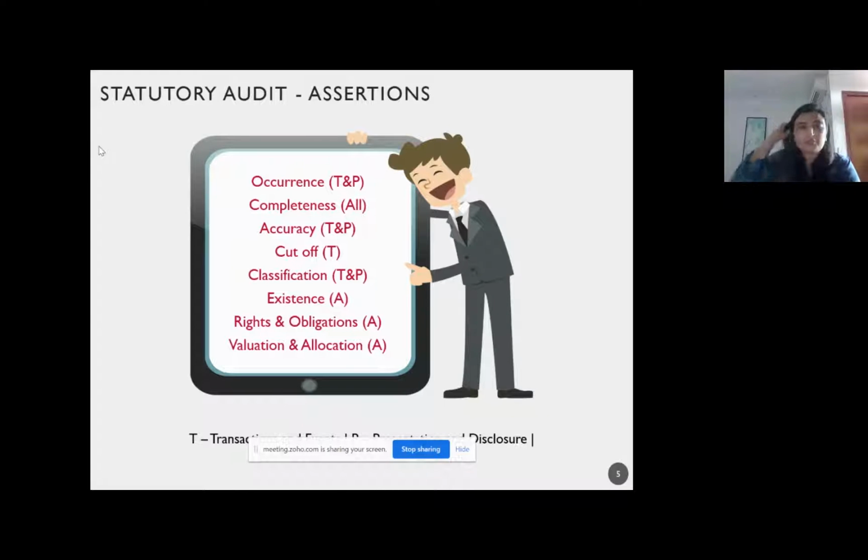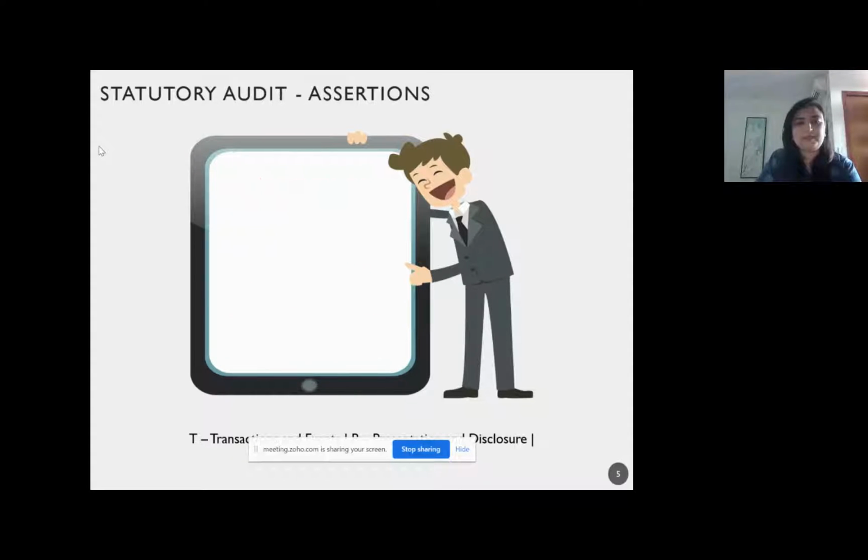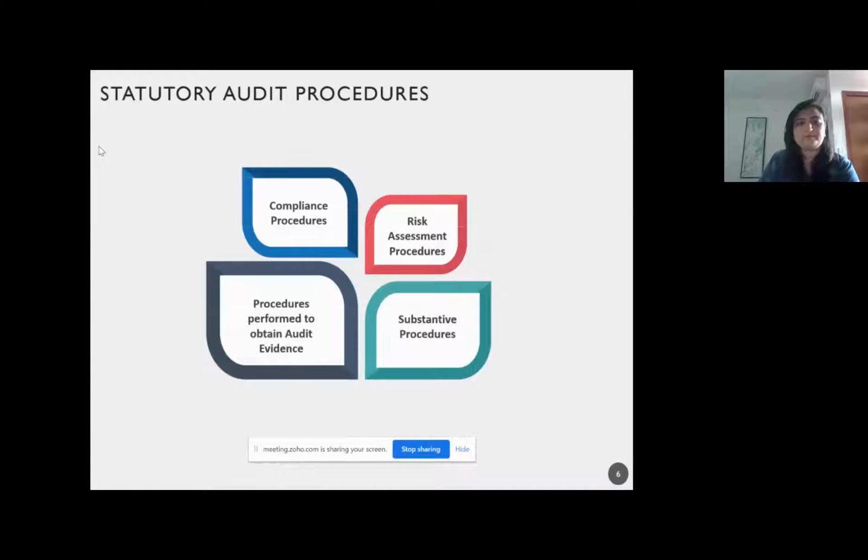I'm doing it to ensure that my sales are properly stated and there are no cases of materials invoiced not delivered to the client. So each audit procedure has to attack an assertion, and when all assertions are happy and hunky-dory, your financial statements are true and fair, and so you will present an opinion that it is true and fair. What are the procedures that you perform?